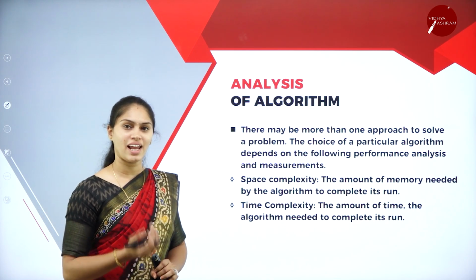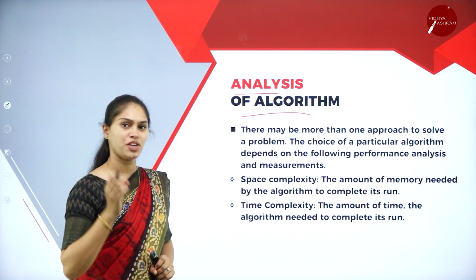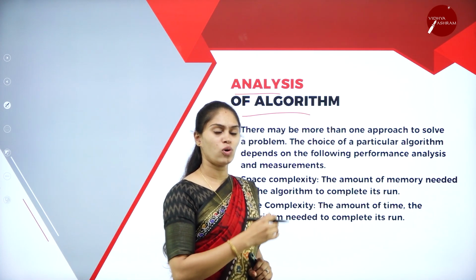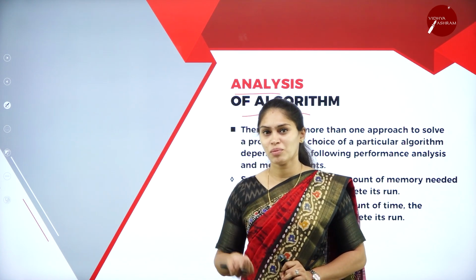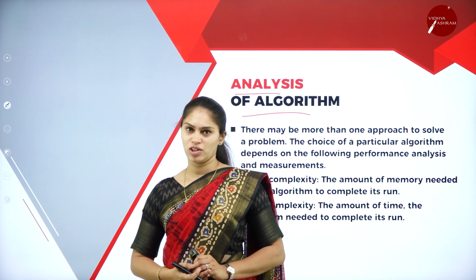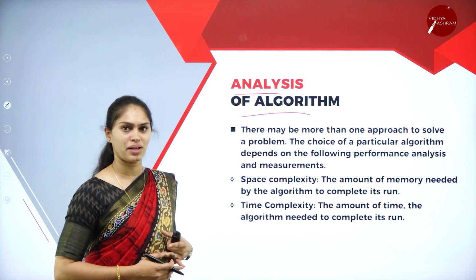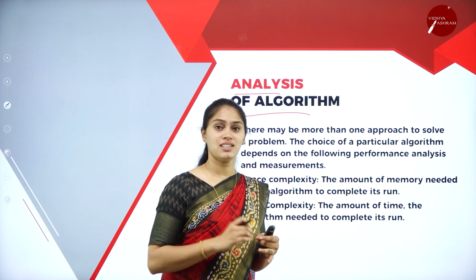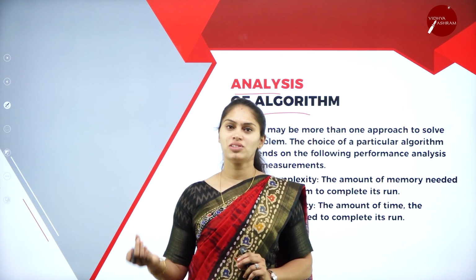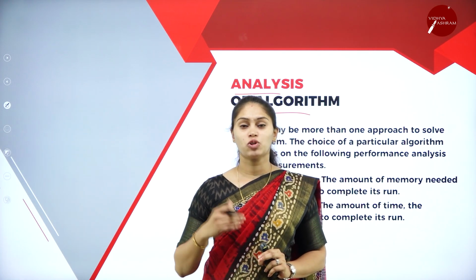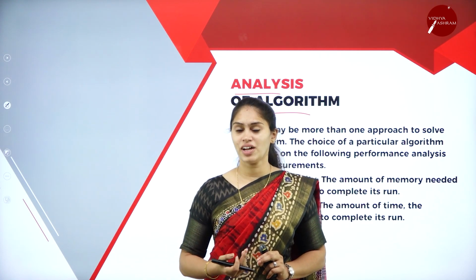Then how do we analyze the algorithm? How will the analysis of an algorithm take place? You have to understand one thing. There is not only one way of finding a solution for a given problem. There could be a possibility of more than one type of solution. Analysis of an algorithm is a trial and error method. I am not going to consider this solution as the ultimate solution for my problem. Instead, I am going to think from another perspective. There could be one more solution for this given problem. That is the analysis of an algorithm.